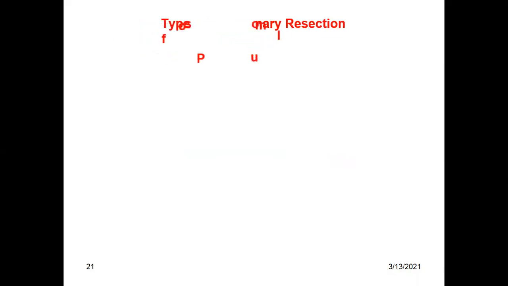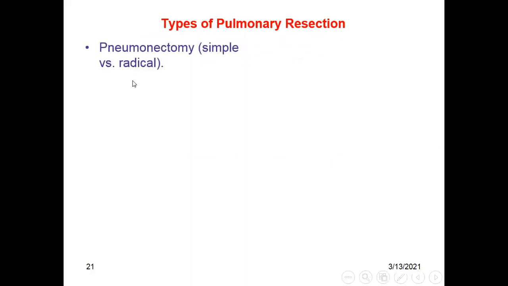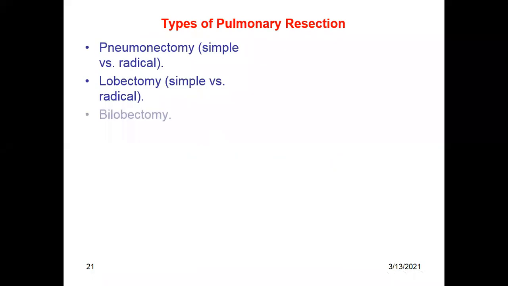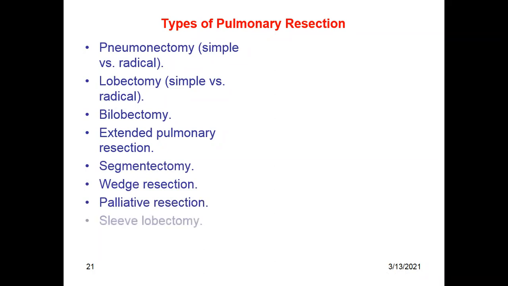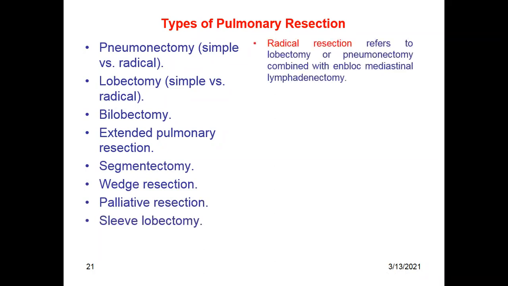Now, what are the types of pulmonary resection? We have different types. Simple and radical pneumonectomy, simple and radical lobectomy, bilobectomy, extended pulmonary resection, segmentectomy, wedge resection, palliative resection, sleeve lobectomy. Okay, so we have different